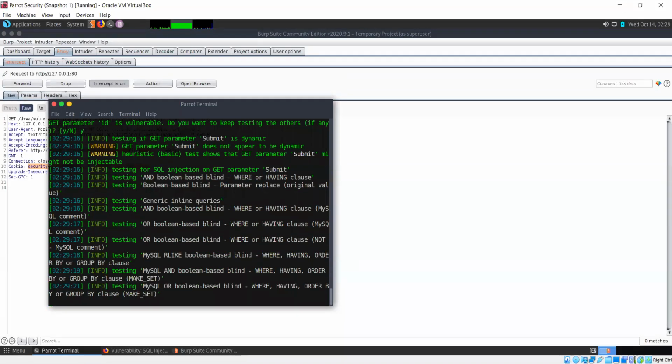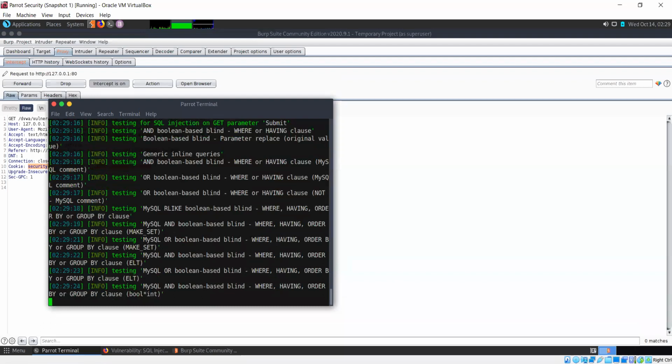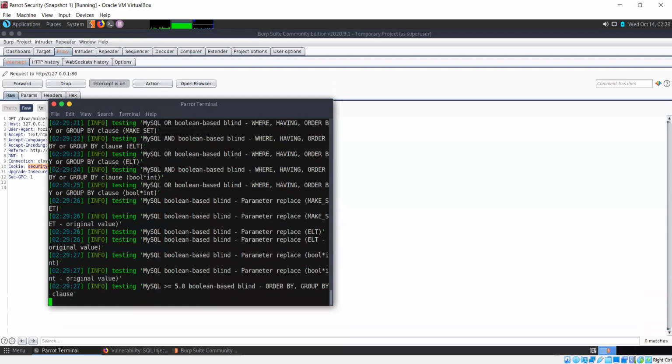So you can see it's going to try a lot of things on its own, and it's going to tell you what it finds.